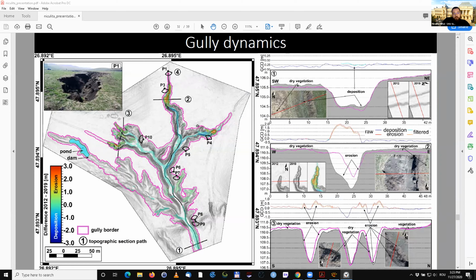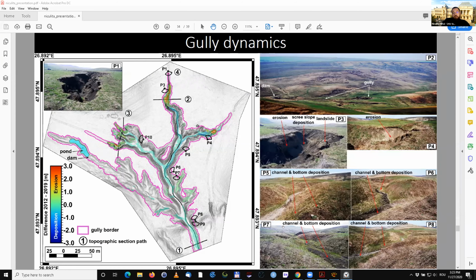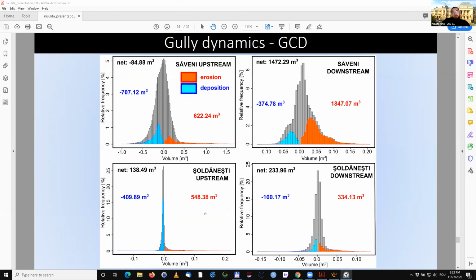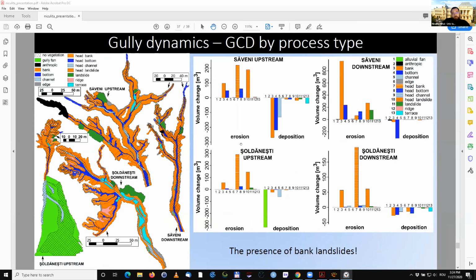This is the fourth gully, which is showing almost on all the heads evolution, retreat. Again, the dry vegetation was present, and the geomorphological mapping allowed us to basically pinpoint exactly the erosion and deposition areas. Here you have the volumes and the area which was attributed to the methodological error. Here you have the geomorphological mapping, and we were able to pinpoint exactly the volumes for every type of geomorphological